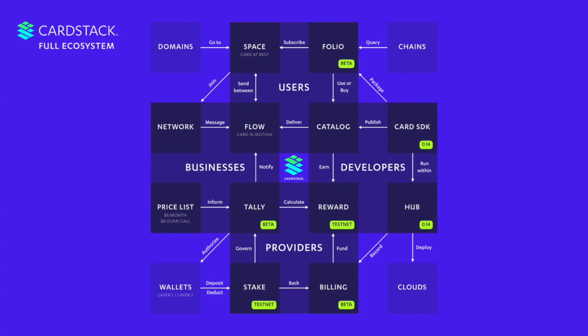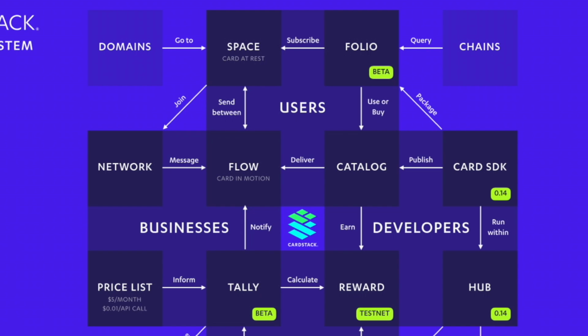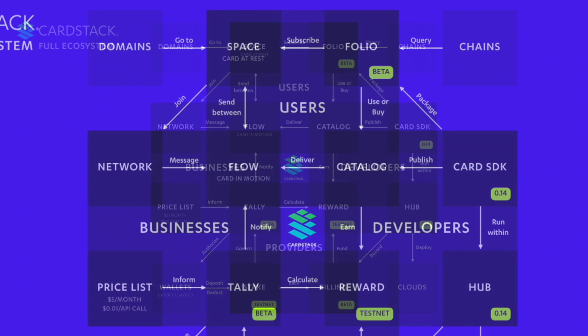So I won't go too much into detail of the other parts of this ecosystem, which is about what tools we get for the user, the card space experience for them to organize the cards and find them, card flow, allowing them to communicate with each other and businesses, to join networks, to get notified when something happens on it, and for businesses to actually provide their own price list so they can use the Tally mechanism protocol to bill